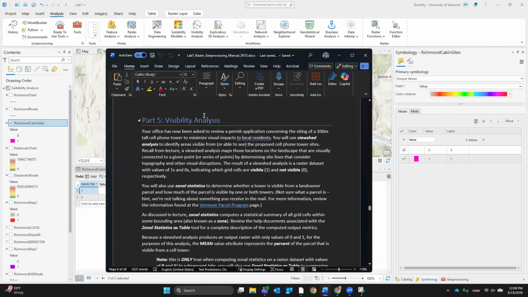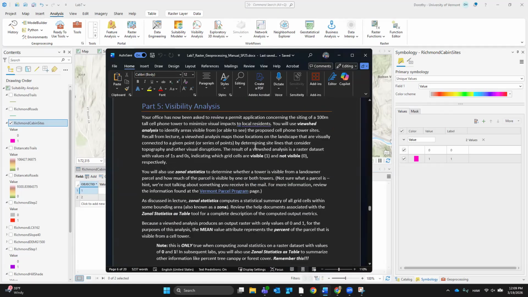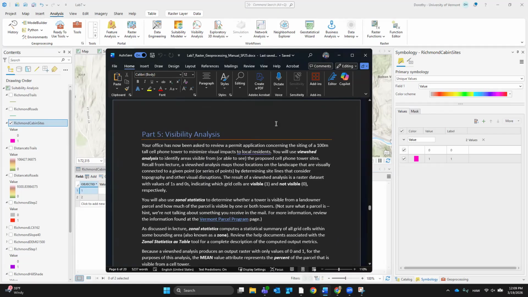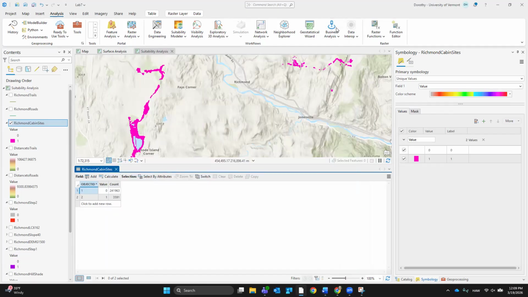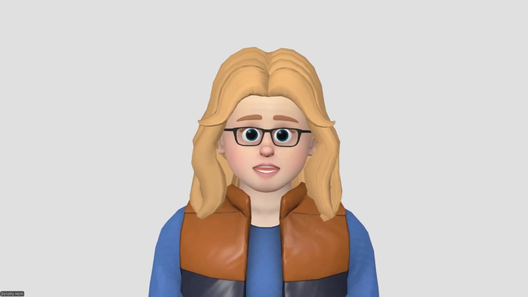Woo, okay, now we're on to part 5. I think I'm going to pause and take a break for a second. It's lunchtime for me, and let's see how many pages we have left. A lot. So maybe I'll make a part 3. Okay, I'm going to stop sharing my screen, and I will make a part 3 for you. I promise, don't worry.